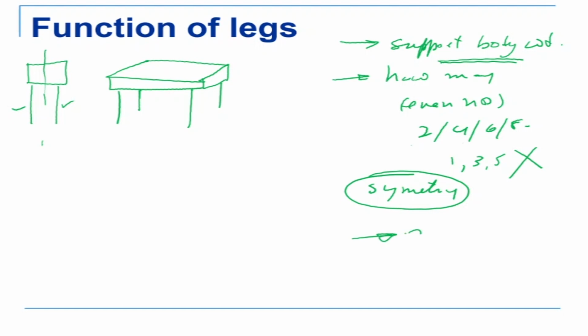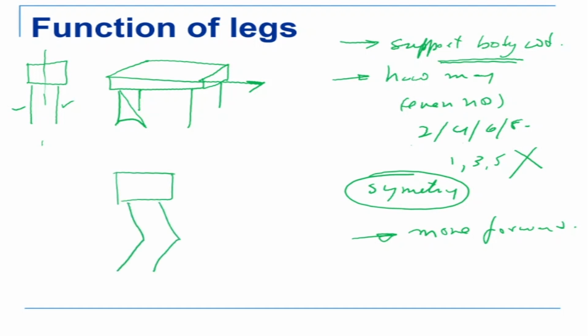Next is to move the body forward. That is what we call locomotion. Okay, so if I have my side view here, let's look at this figure. How is it going to move forward? It is going to move forward by taking one of the legs up and putting it forward like that. Then the body moves forward, then the other leg also moves forward. Let's talk about a 2-legged system. So there are 2 legs like this and like this.